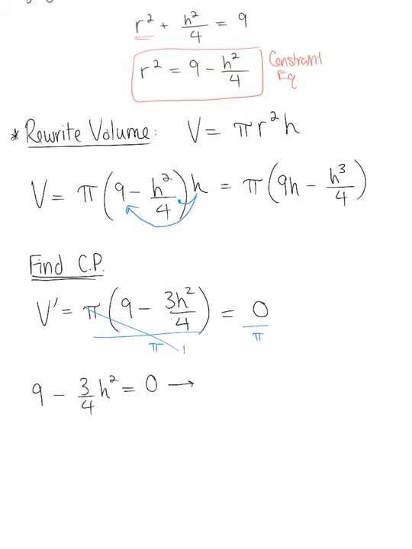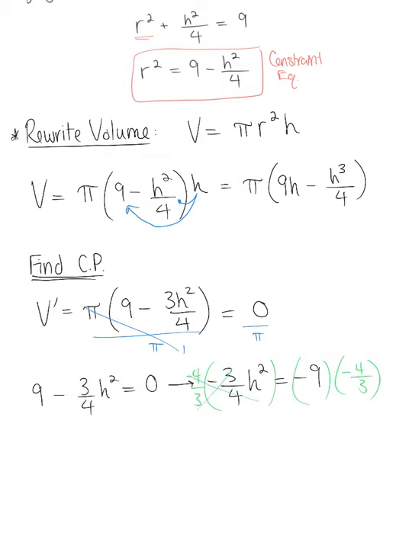So I have a minus 3/4 times the height squared is equal to negative 9. And multiplying both sides of the equation here by the reciprocal of our fraction, so multiplying both sides by negative 4/3,